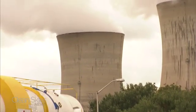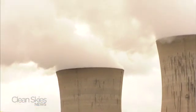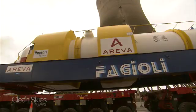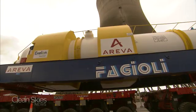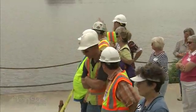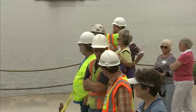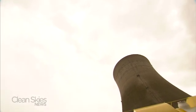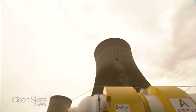As for the TMI going forward and Unit 1, pardon me, Exelon Nuclear owns this. Back in January of 08, it applied for a 20-year operating license extension. The current extension expires in 2014. The NRC back in June issued its final supplemental environmental impact statement for TMI-1. In September, the NRC issued the final safety evaluation report. In both cases, the NRC said, quote, no open items that would preclude license renewal for an additional 20 years